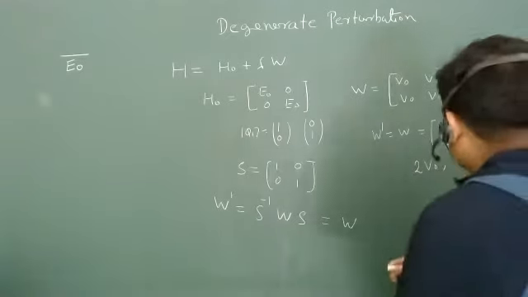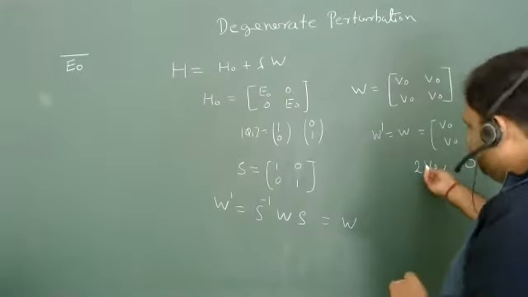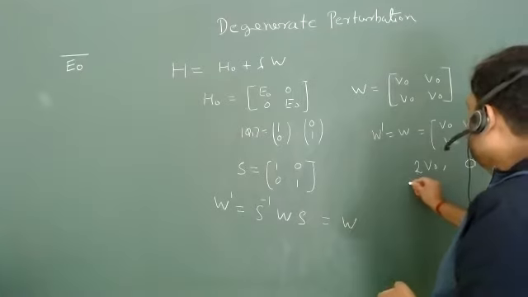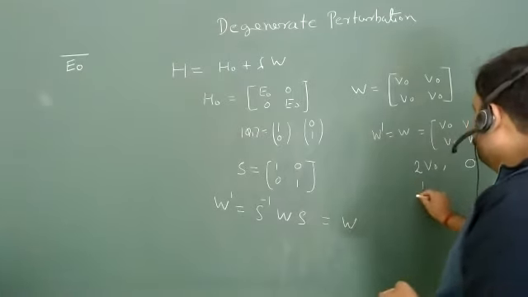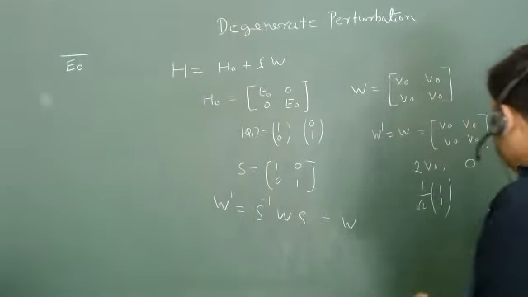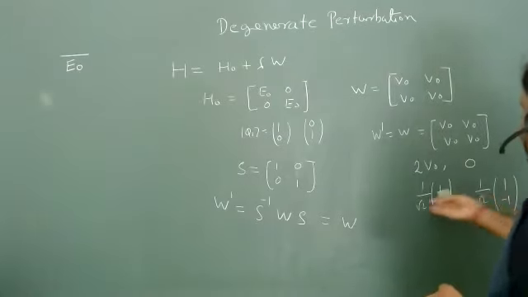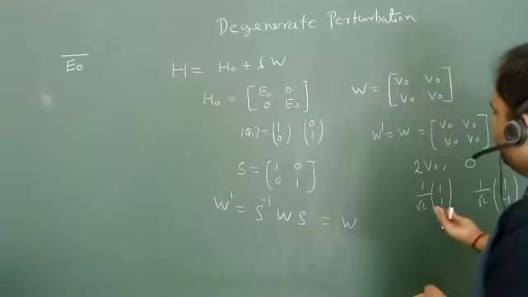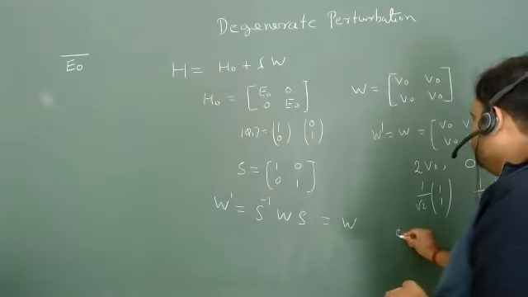Everyone is comfortable? That will be the eigenvalue. And what will be the eigenvector corresponding to this one? Let's say this is 1 upon root 2, 1, 1. And here for 0, 1 upon root 2, 1, minus 1. These are the eigenvectors. So I can make a new matrix, a new basis matrix, and let's say this is S